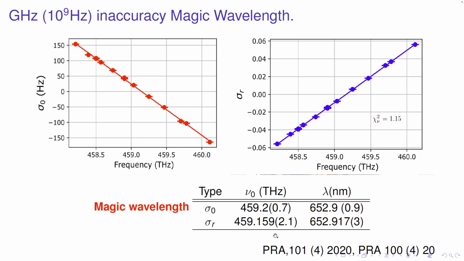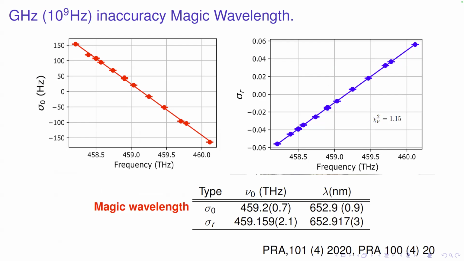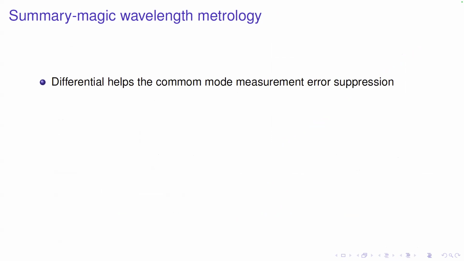So we not only need to do quantum measurements, we have to implement judicious ways of doing the measurements. This is how we did the experiments. With this, I would like to conclude my presentation. We started with the different domains of quantum technologies and what we can do. Then I showed you one example of magic wavelength measurements, which is a quantum measurement using a single trapped ion.